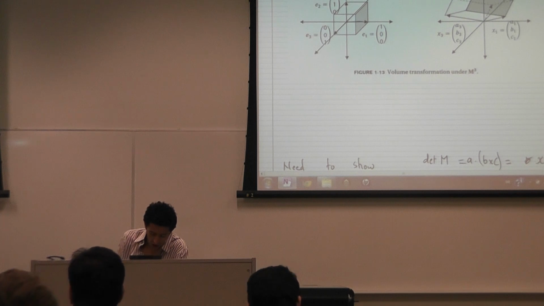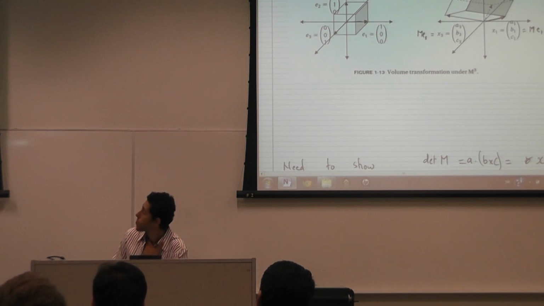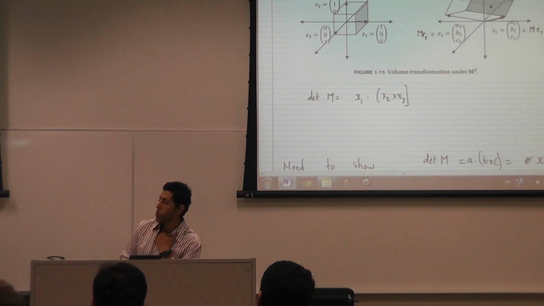If this is the original cube formed by E1, E2, and E3, if I find x1, which is equal to M E1, x2, which is equal to M E2, and x3, which is equal to M E3, then the determinant of M will be equal to x1 dot x2 cross x3, just by rearranging the formulas,